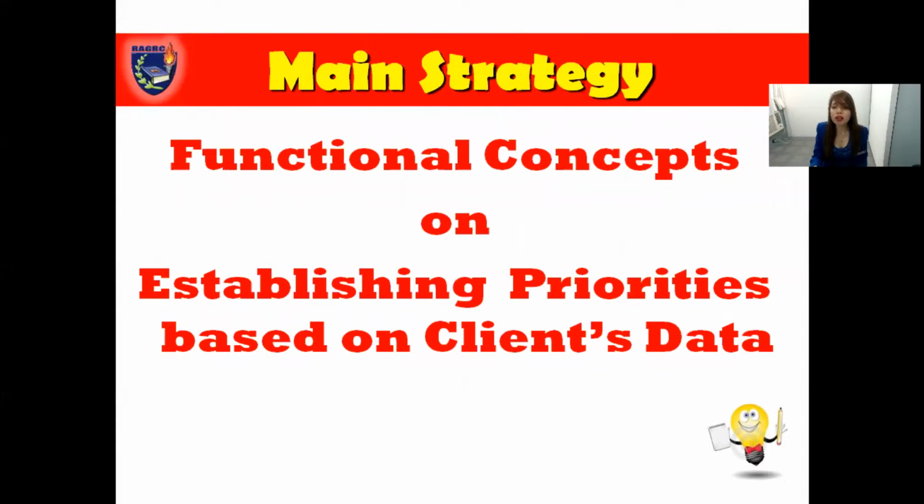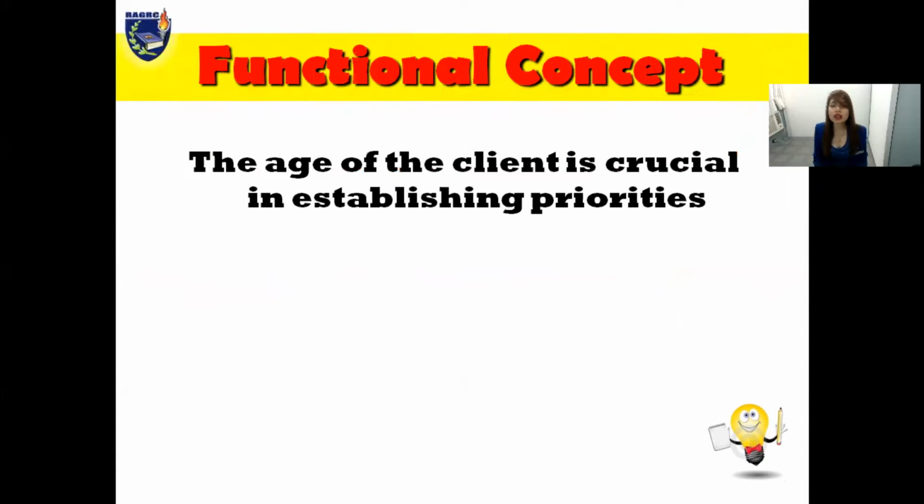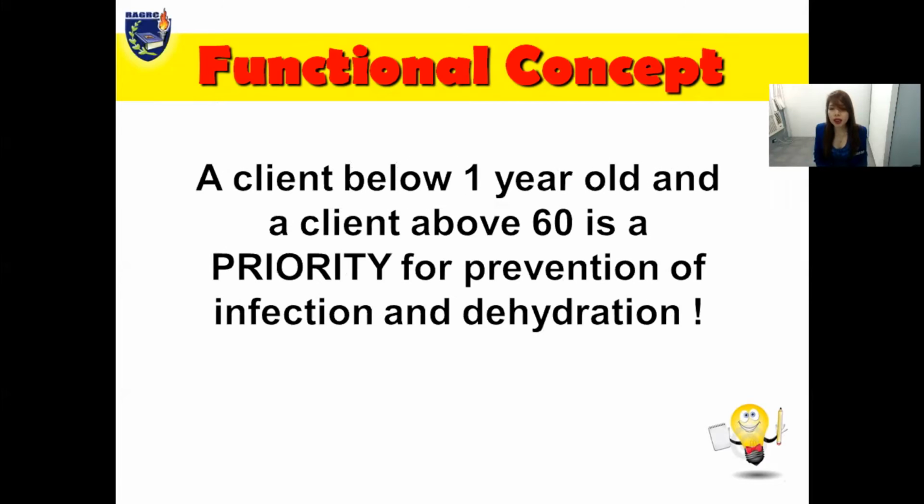Next, functional concepts on establishing priorities based on the client's data. This would be our functional concept. The age of the client is crucial in establishing priorities. What do we mean by that? When we talk about age, we have to pay close attention to the very young and the very old. Meaning, very young is a client below 1 year old, and very old is a client above 60. They are your priority for prevention of infection and dehydration. So remember, below 1 year old and above 60, those are priority for prevention of infection and dehydration